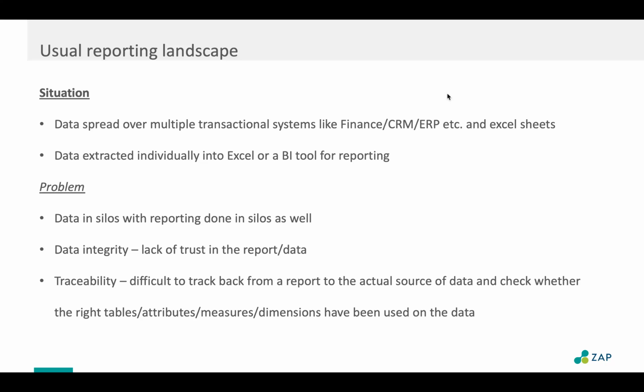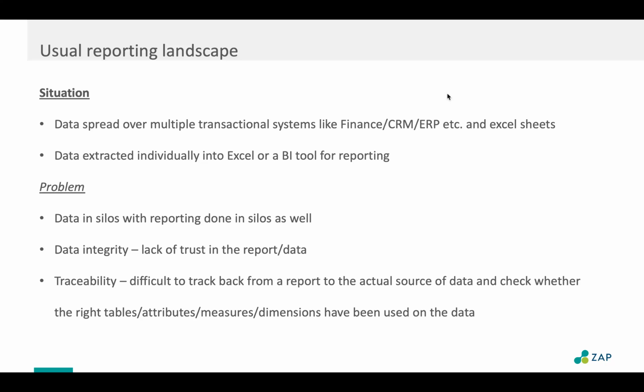And check whether the data you've got from the transaction systems, be it a CRM, an ERP, together or cross-functional, has used the right tables? The right attributes, the measures, the dimensions? Can you trust the measures and dimensions being created?